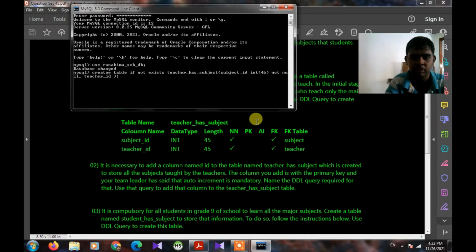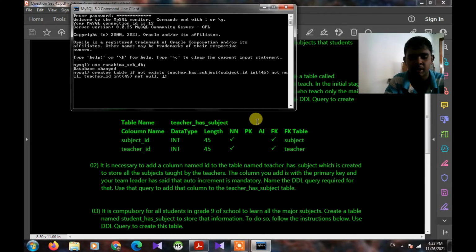The next column is teacher id, int, data length 45, also not null.